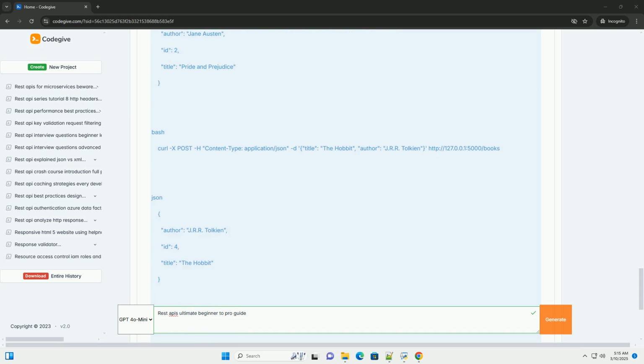6. `update_book(book_id, new_title, new_author)` is similar to create_new_book, but it makes a PUT request to update an existing book. 7. `delete_book(book_id)` makes a DELETE request to delete a book. 8. `if __name__ == '__main__':`